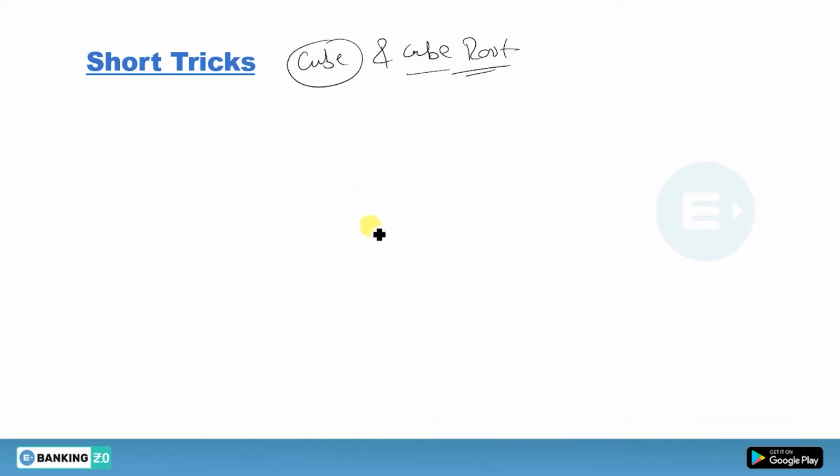Suppose you want to calculate the cube of 12. How are you going to do this? You have 2-3 steps here. What is the first step? Just write the cube of this one, you will get 1, and write the cube of this 2. So 2 cube, you're going to get 8. This one is 1 cube, 1, and 2 cube is 8.